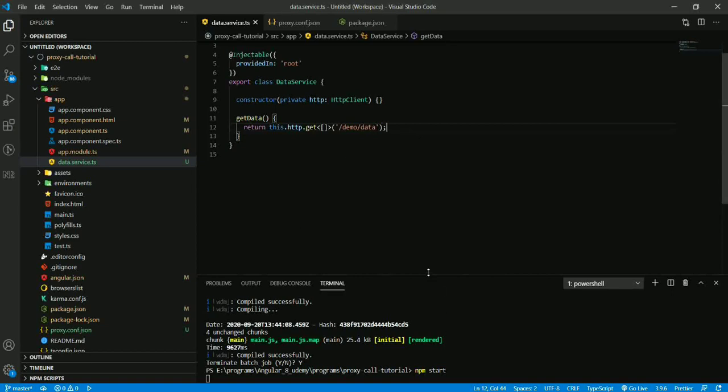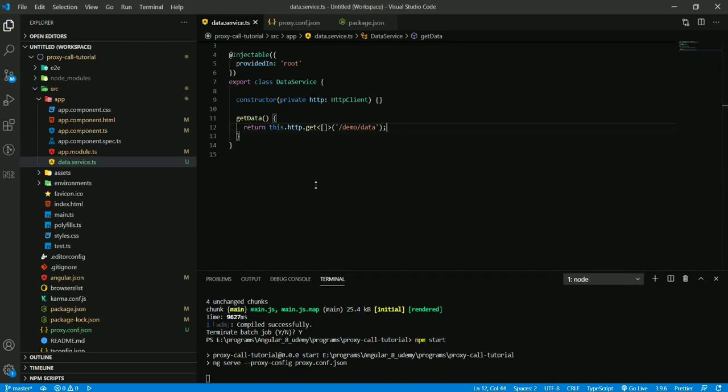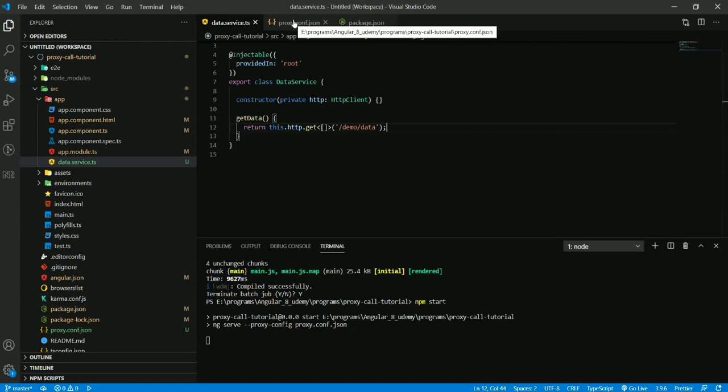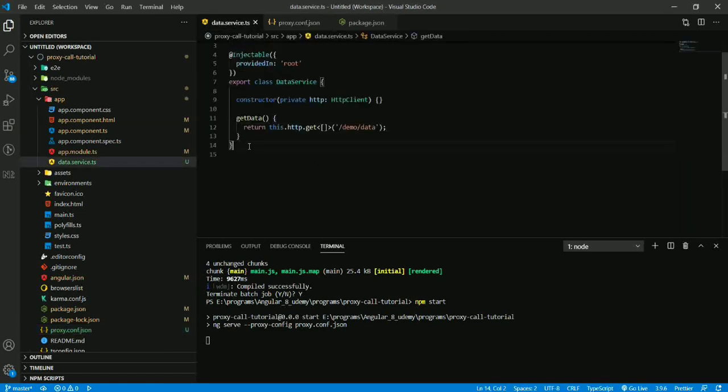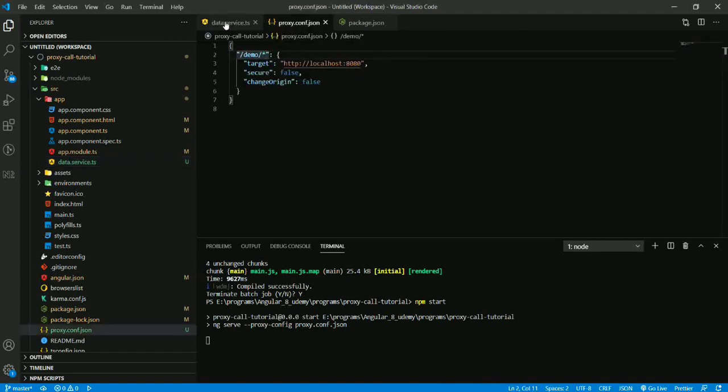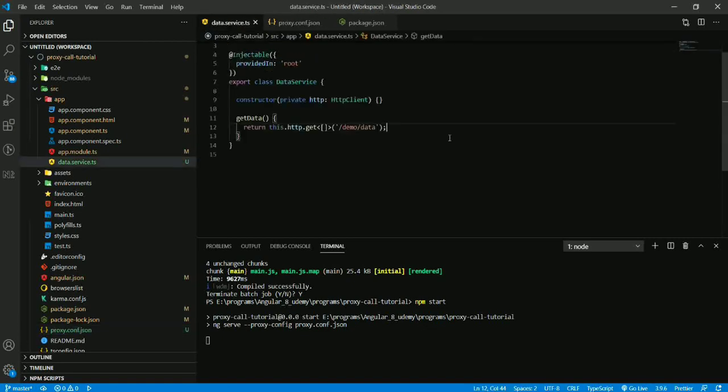By the time it is starting, I'll explain what exactly happens. The proxy configuration JSON file basically tells Angular that whenever this particular URL is found, redirect this request to this domain followed by the URL which we have mentioned here.